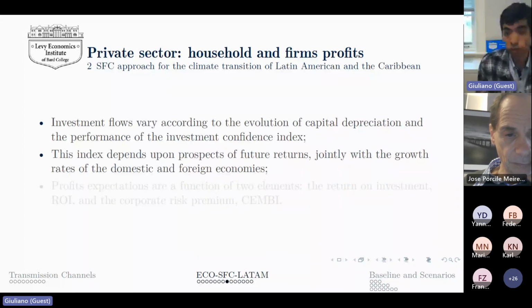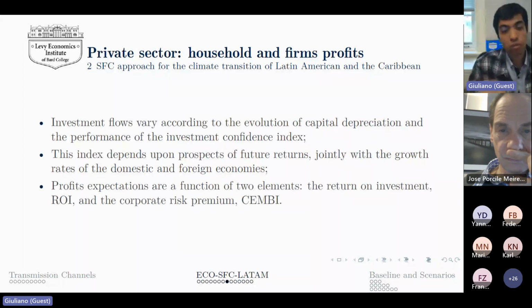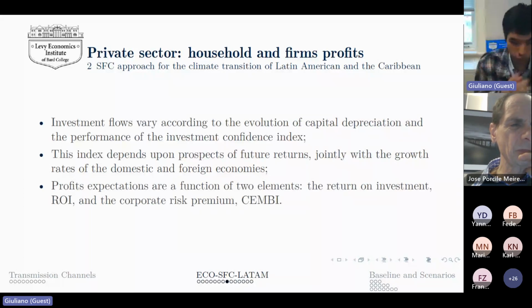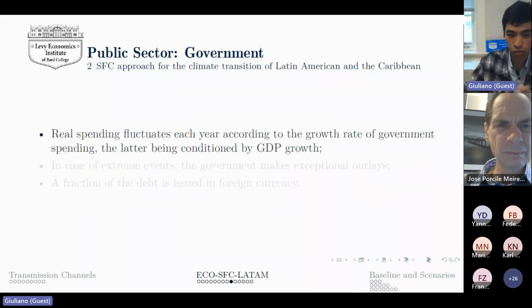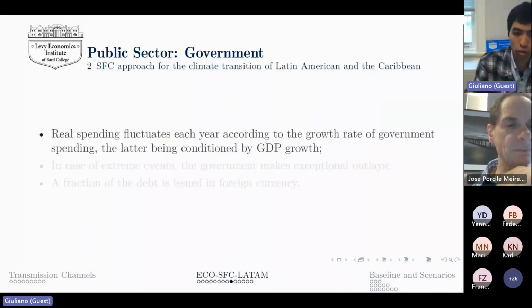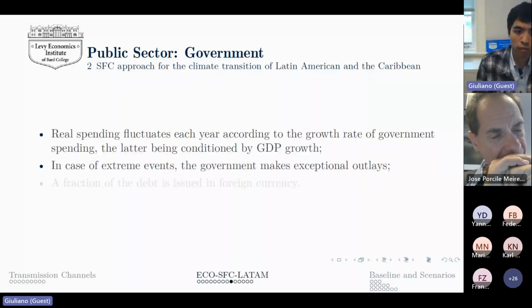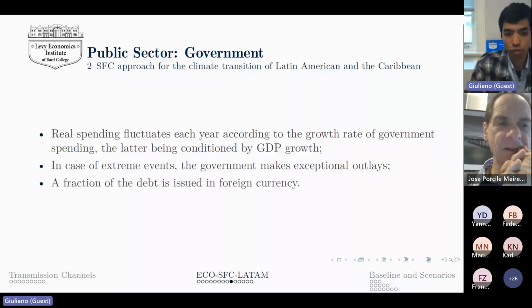So this index depends upon the prospect of future returns, jointly with the growth rates of the domestic and foreign economies. And those profit expectations are a function of basically two elements: the return on investment and the corporate risk premium. As for the government, the real government expenditure fluctuates according to a simple rule, which is conditioned by GDP growth. And in case of extreme events, there are exceptional outlays by the government, and a fraction of that is issued